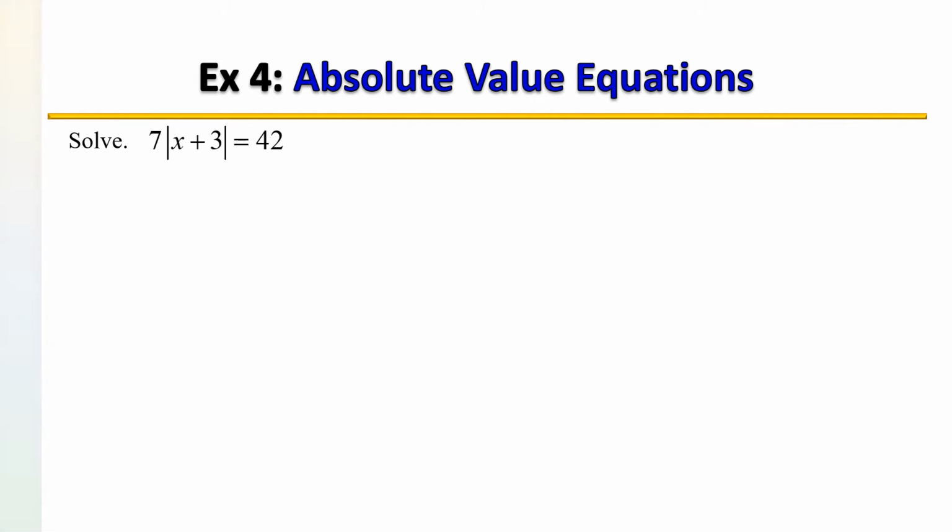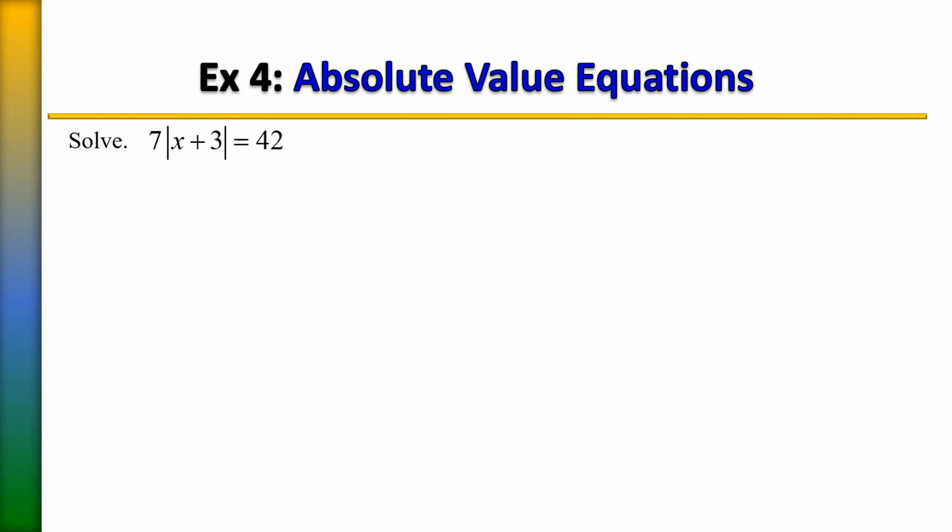In this next example, it looks a little bit different because you have a number on the outer side of the absolute value symbol, and the fact that it is joined together with the absolute value symbol with no sign in between it, meaning no plus, no minus, that means that it's being multiplied. So anytime it's sandwiched like that close, it means it's being multiplied. So to solve it, you're going to have to do the opposite operation, which is to divide